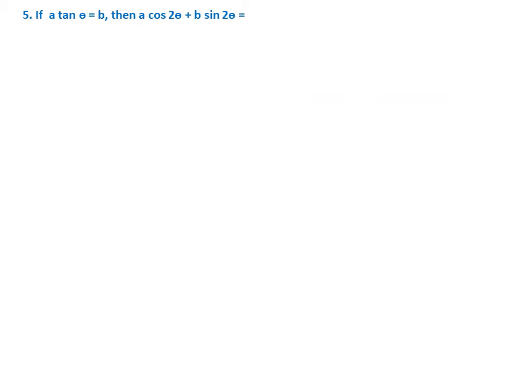Next question. If A tan theta equal to B, then find A cos 2 theta plus B sin 2 theta. See, all these types of problems I have included just to make you aware of the formula and how to use it. So that is the purpose. Now options, of course, A, B with minus sign and plus sign. Now you should, of course, tan theta you can write as B by A, that is one thing. Now you should know what is cos 2 theta in terms of tan theta, and sin 2 theta in terms of tan theta. So this is very important.